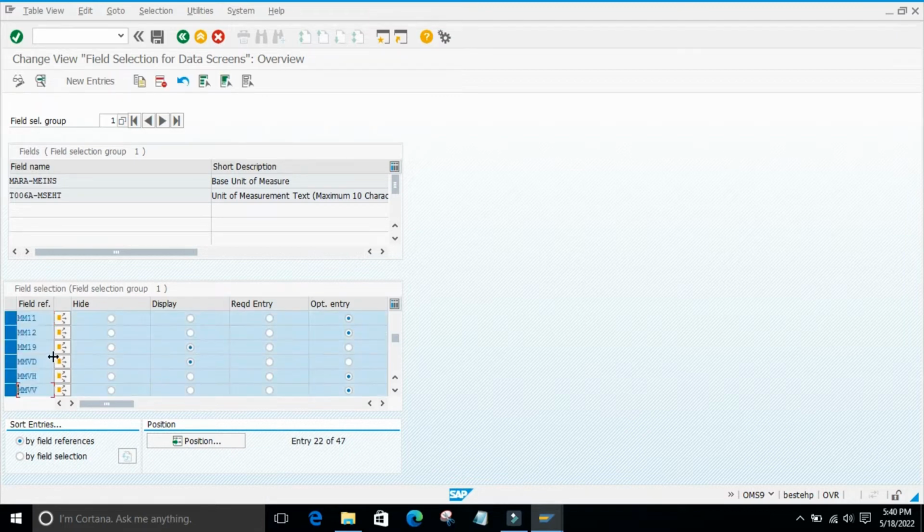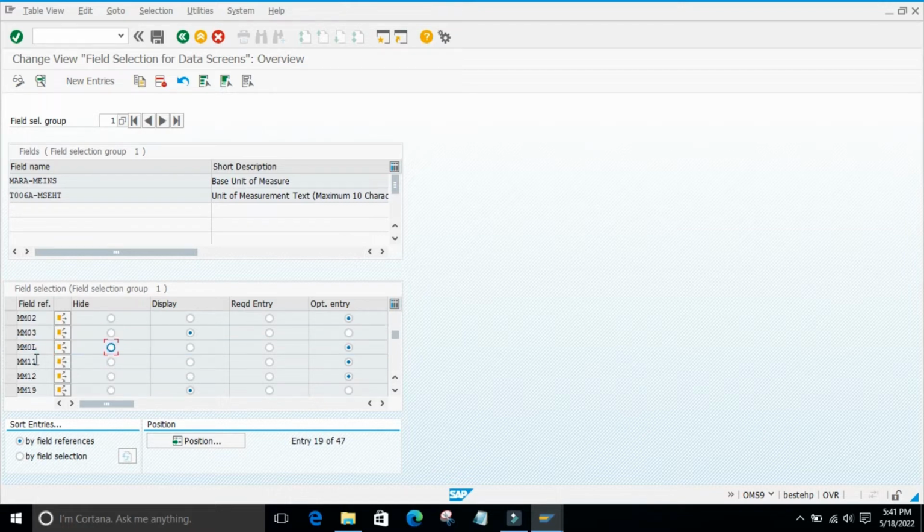For all the things, I will show one more thing. At transaction level you are making these settings. If you have more than one option for the same thing, see which one it will consider. I will decide. Suppose in the MM10 transaction, for this transaction I will keep it hidden, and